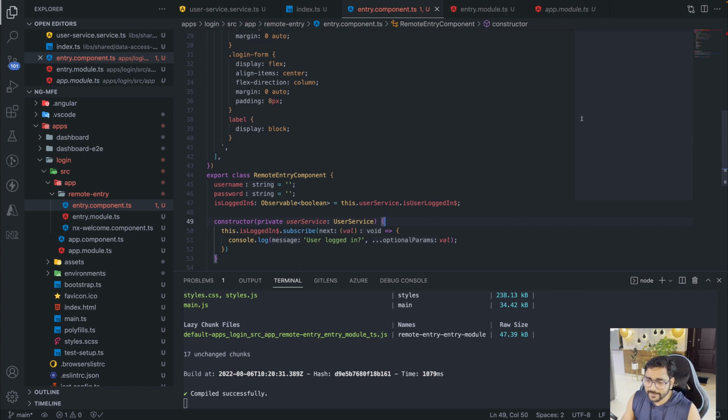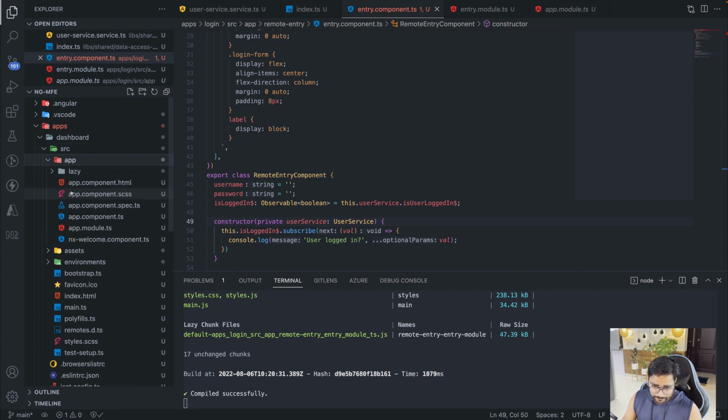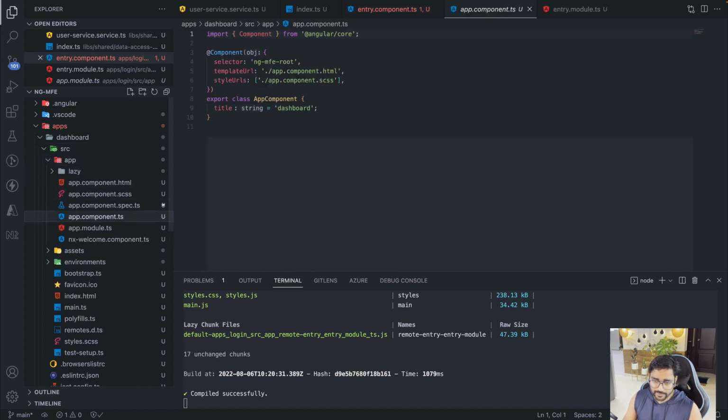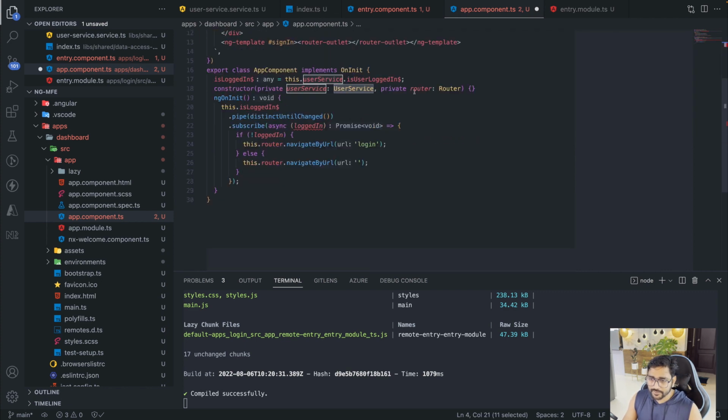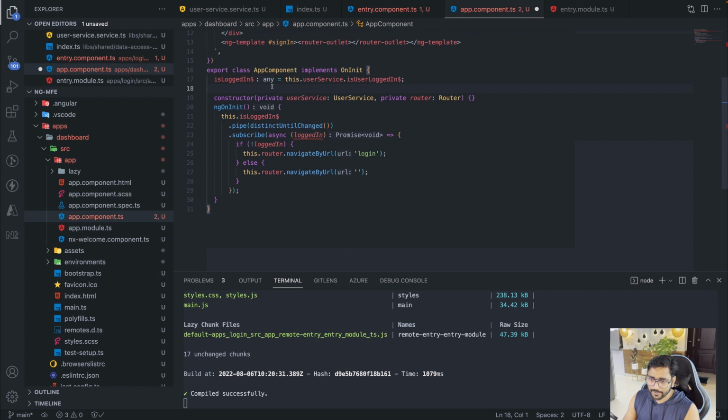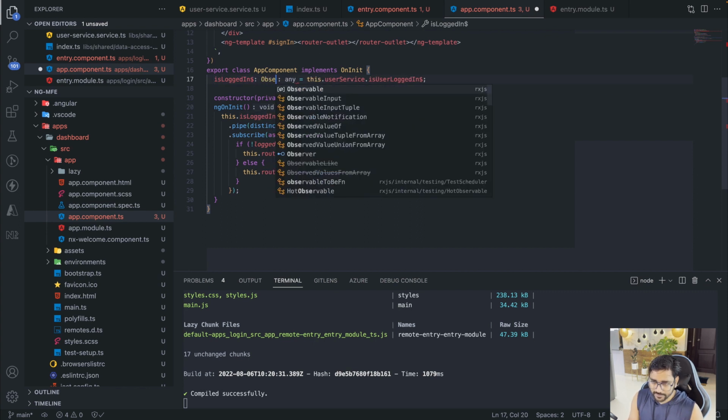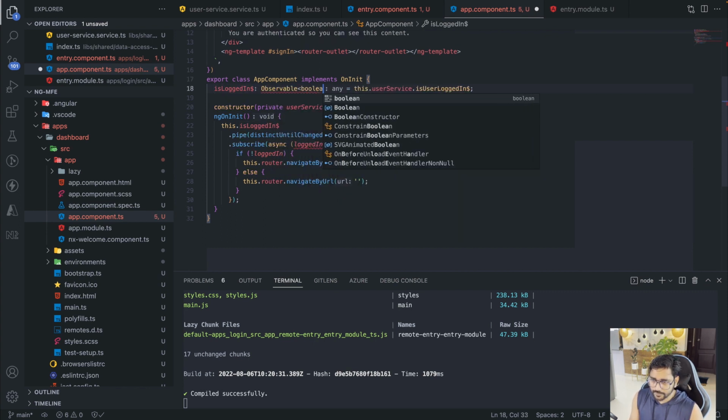Let's go ahead and see. For that, let's go to dashboard, application, and then our app component. I'll just replace this code with something already written and we'll go over it. As you can see, we are going to import the same user service and we have the same kind of registration again. So we'll simply say observable of type boolean,